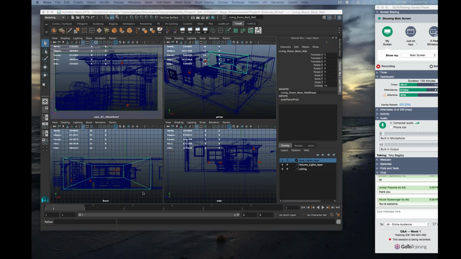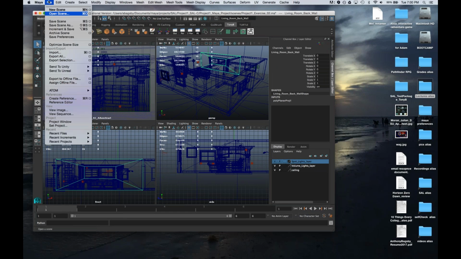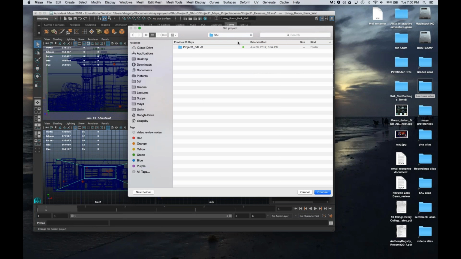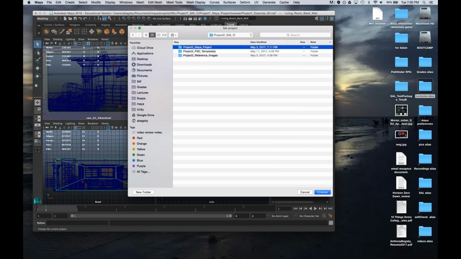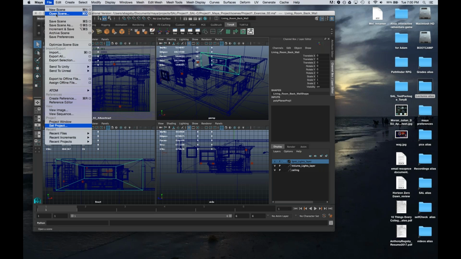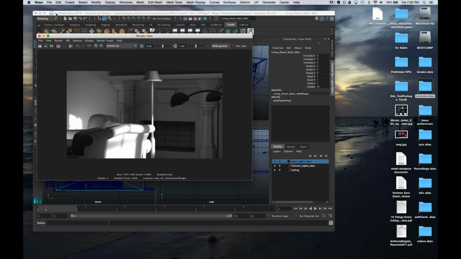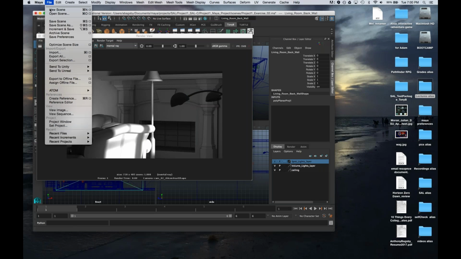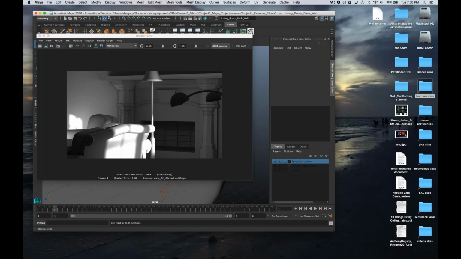So let us set our project to project 2. And there's actually something I forgot to show you guys about the render view, but we'll just worry about seeing it on project 2. But I forget things sometimes. I'm human.